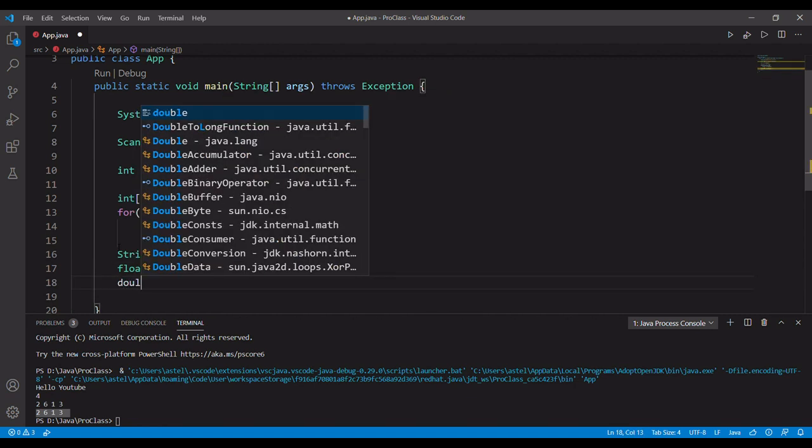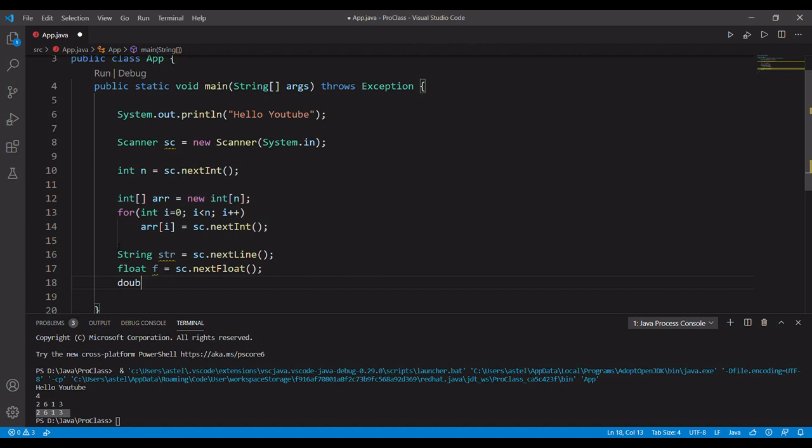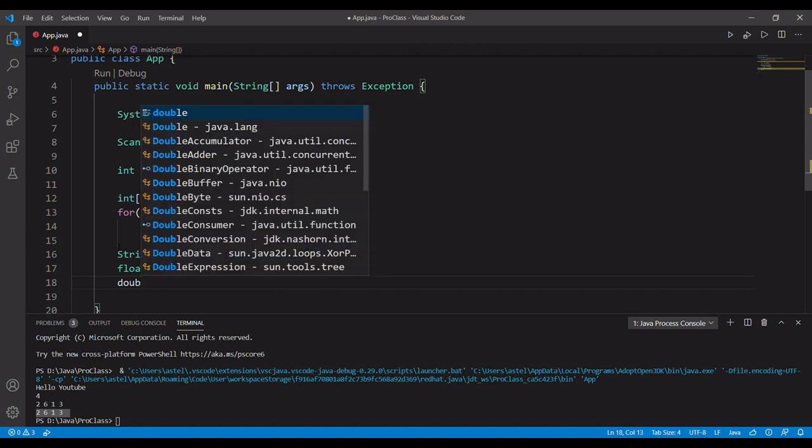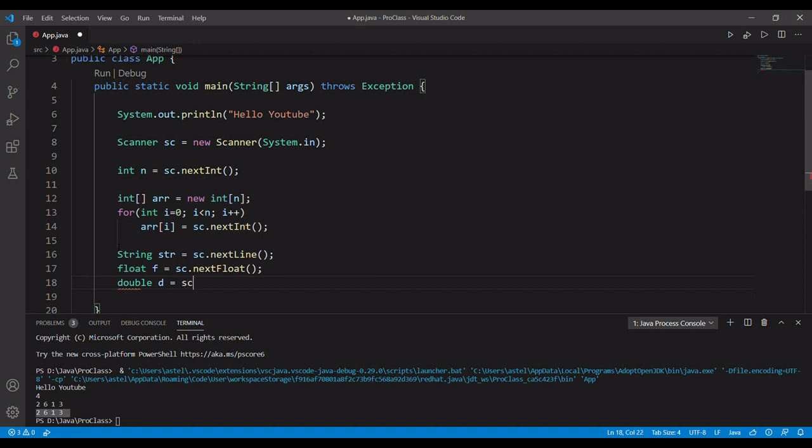For a double, it would be the same, just it would change to nextDouble. And similarly, you can input a long or a short type, but these are not so used in competitive programming. You would be working most of the time with inputting integers and strings.